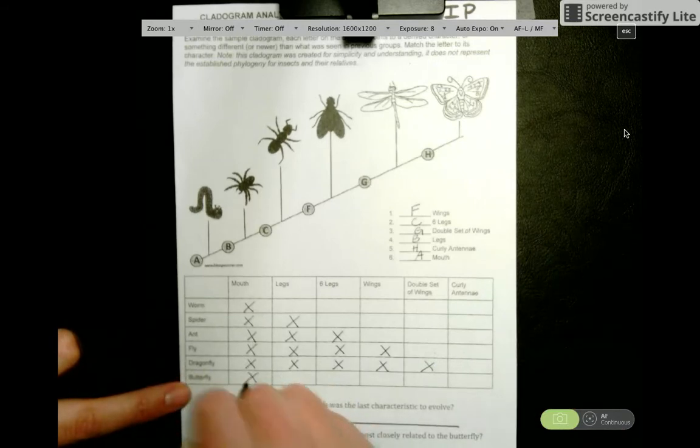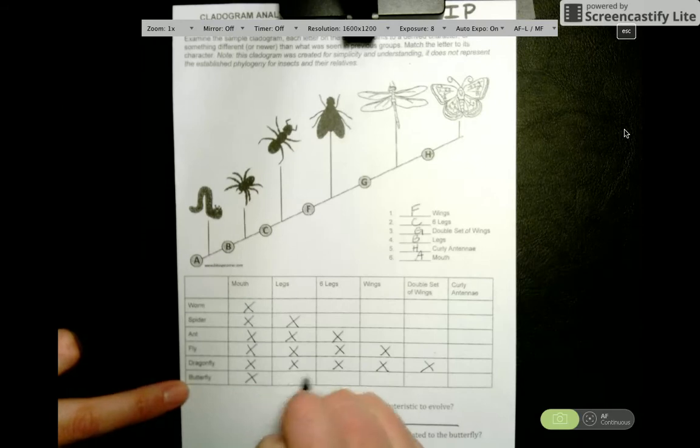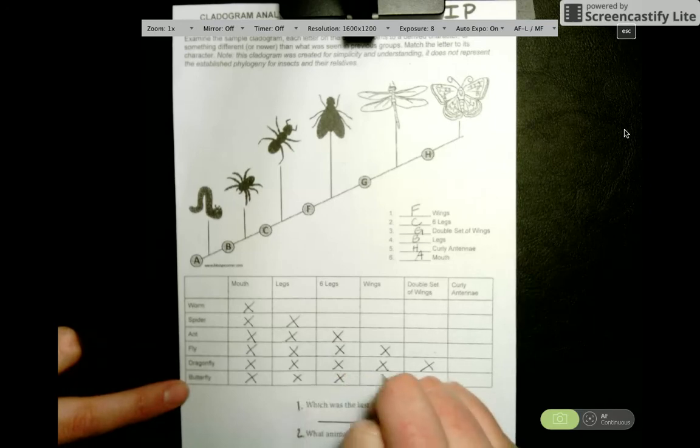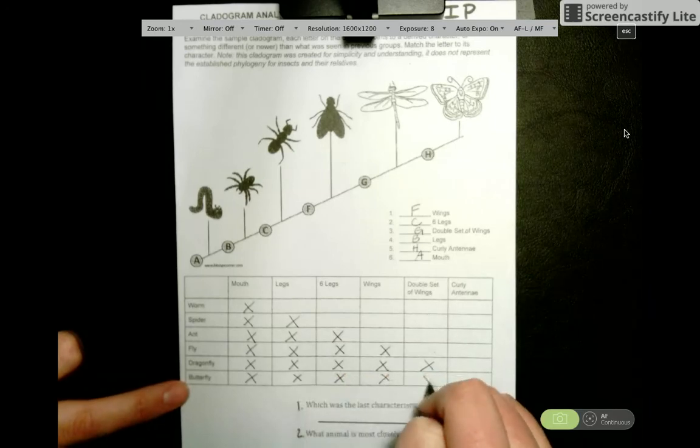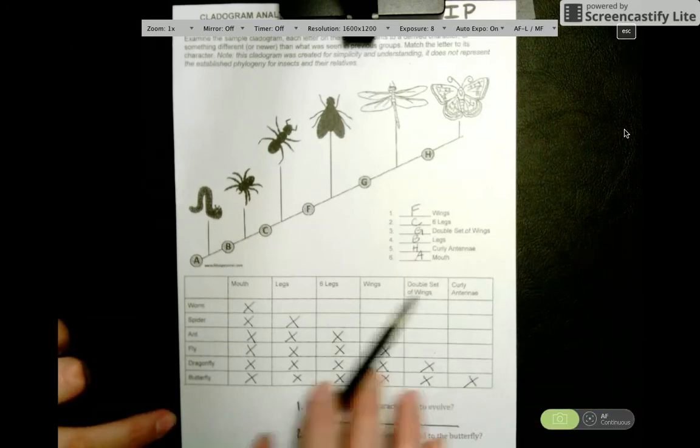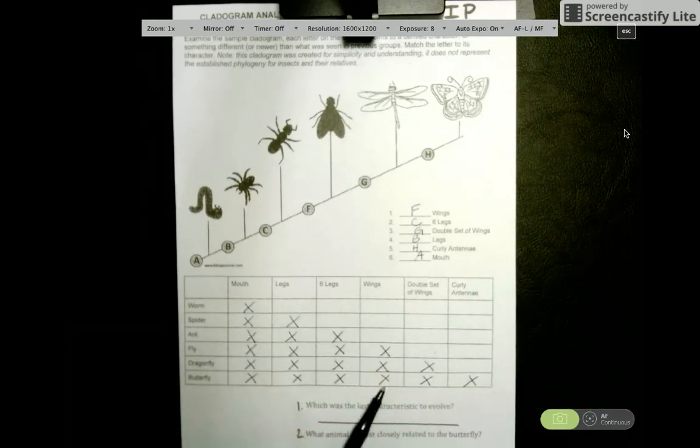Yes. Legs? You can't see them, but yes. 6 legs? You can't see them, but yes. Wings? Yes. Double set of wings? Yes. Curly antenna? Yes. So this chart is really just going to help you figure out which animals have which